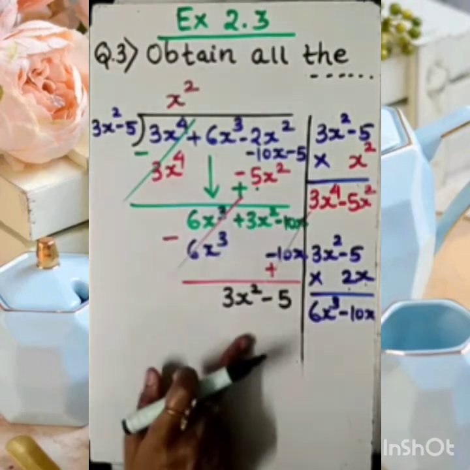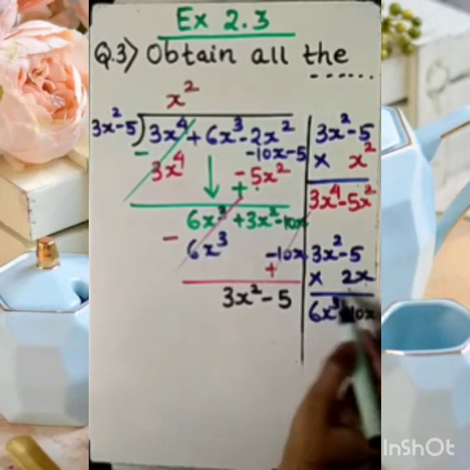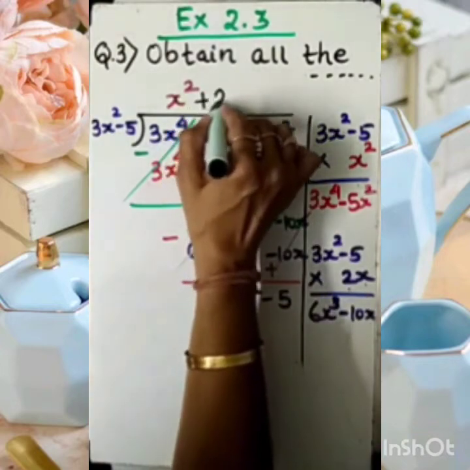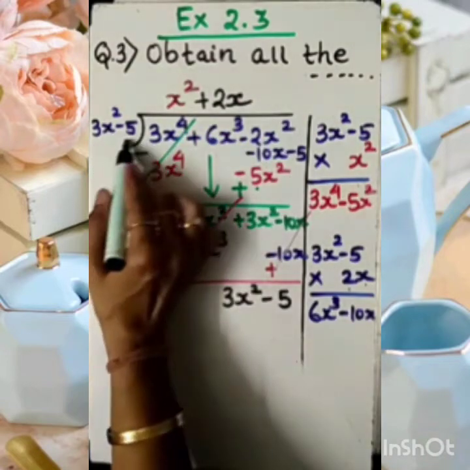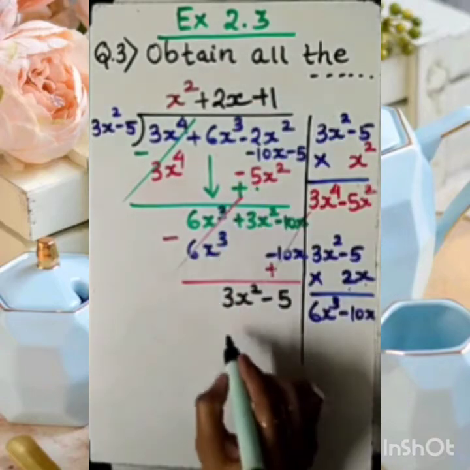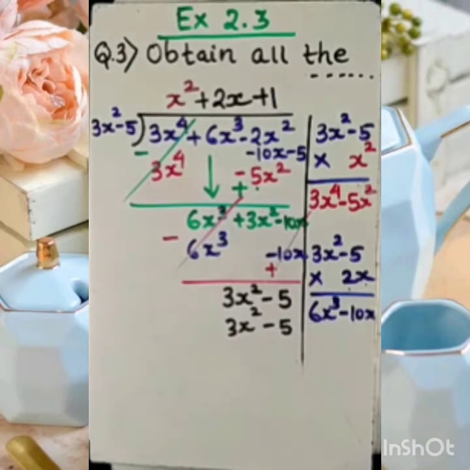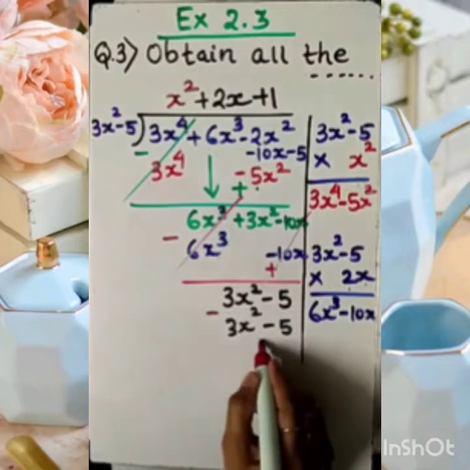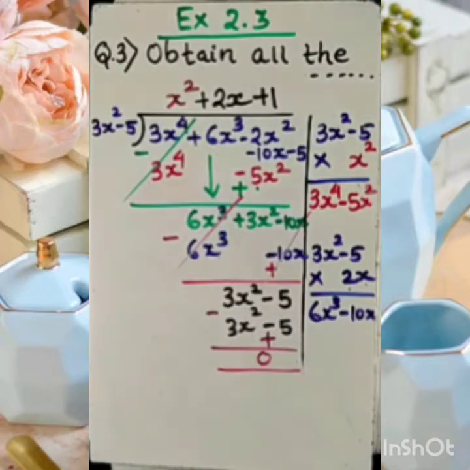Now it is similar with this. You can see it is similar with this. Now here I need to mention as a quotient 2x also, which I forgot to write. So I am mentioning. Now here with the same term we are multiplying. So I am multiplying it with 1. So 3x square minus 5. With the 1 if we multiply, then of course we will have here minus and this will be plus. So remainder is 0. Right?